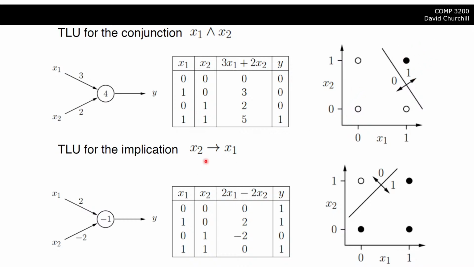And let's look at the implication as well. So in the implication, we have a similar truth table. I'm not going to go through it all, but if we do have 2x1 minus 2x2, all right, this is x2 implies x1, which is something like not x2 or x1. And so if we work out this truth table, these weights happen to produce the exact output for the truth table. So if you do the same thing with the values of x1 and x2 and draw the line of this function, you get this line where everything below it is 1 and everything above it is 0. And that's what you are doing.